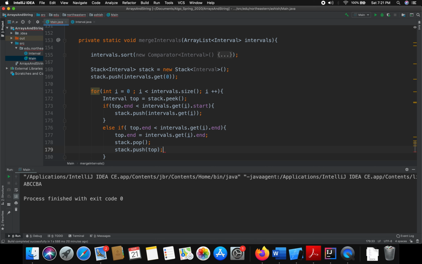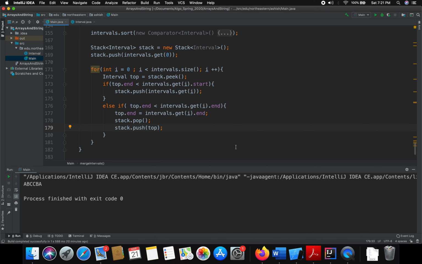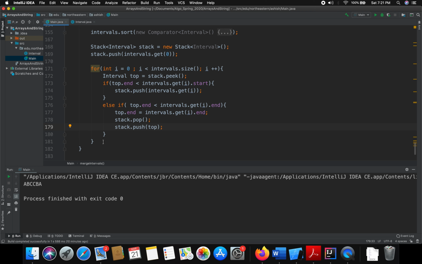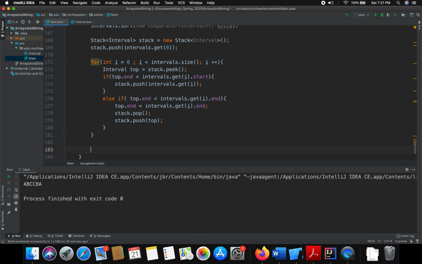So we have merged these two intervals. Otherwise, the third case is that the new one is squarely inside the first one, and we won't do anything. And in the end, we'll say while